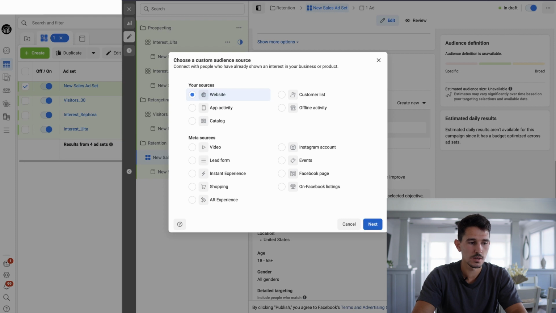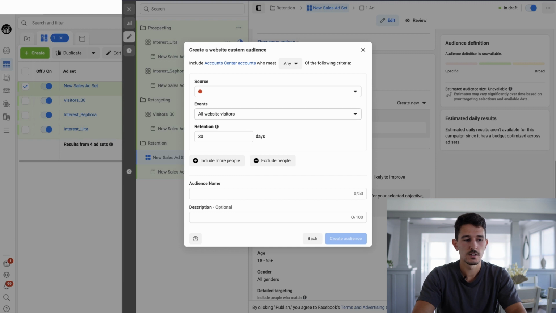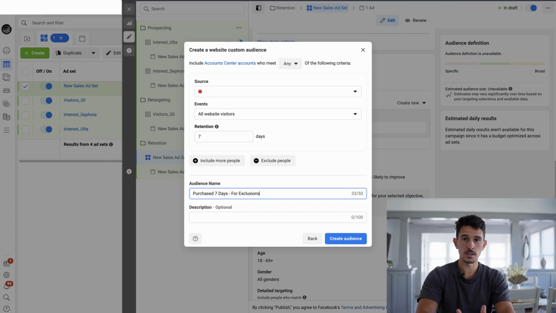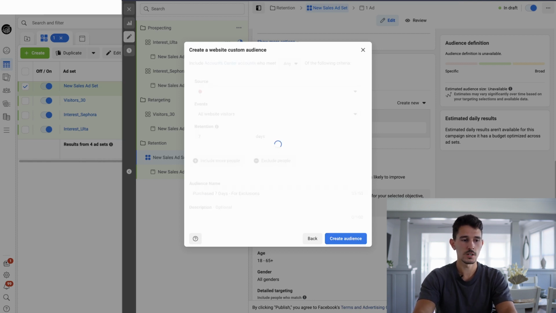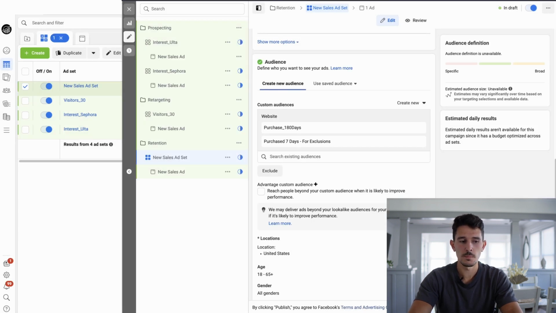Cool, so we do the same thing, back to website, click next. And what we're gonna do here is click your event that says purchase, and we are gonna have a 7-day purchase window. Anyone that's purchased in the last 7 days, we don't wanna target with ads. So we will say, again, purchased 7 days, and then I like to put here 4 exclusions, because we're generally not gonna target this audience, we just wanna have this excluded from everywhere. Cool, so we click create audience, done,